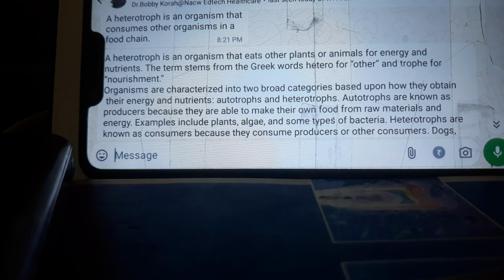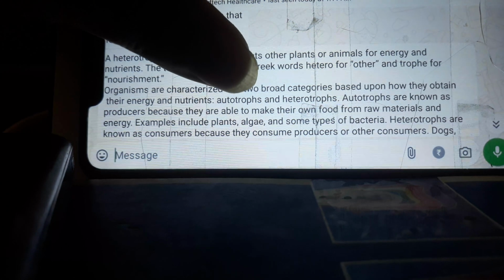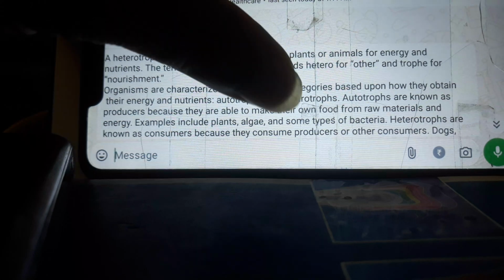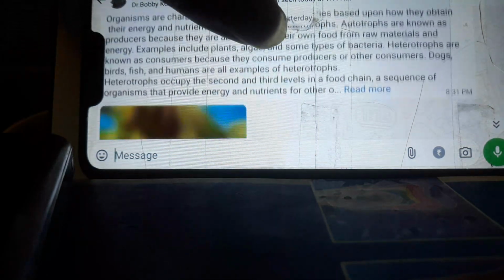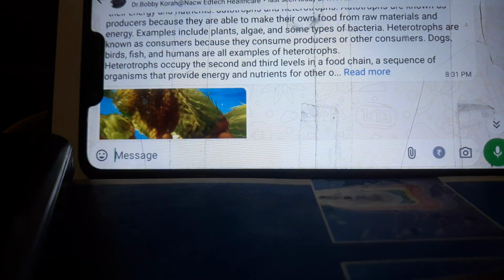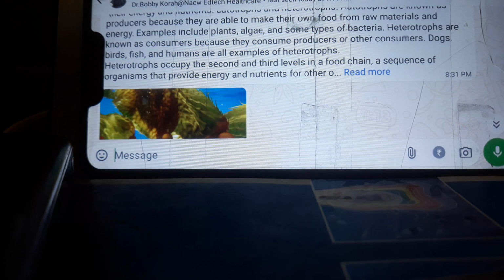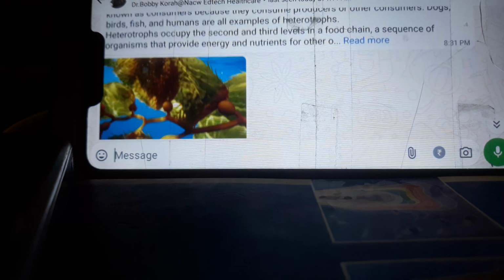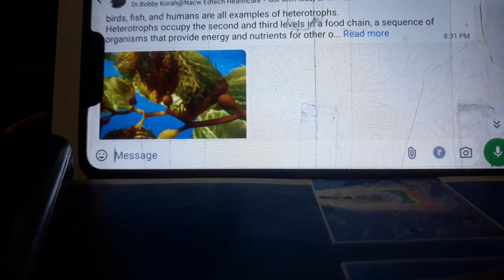There are algae too that do photosynthesis. Examples include plants, algae, and some other types of bacteria. Heterotrophs are known as consumers because they consume producers or other consumers. Dogs, birds, fish, and humans are all examples of heterotrophs. And the heterotrophs occupy the second and third levels of the food chain, a sequence of organisms that provide energy and nutrients for other